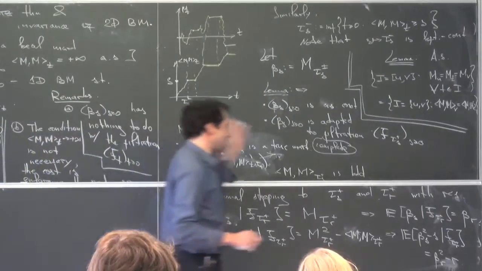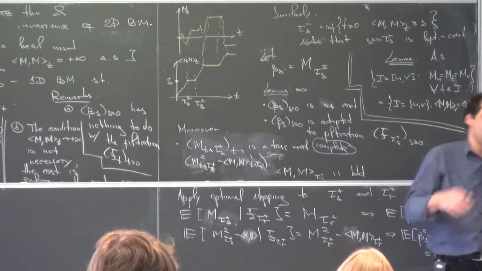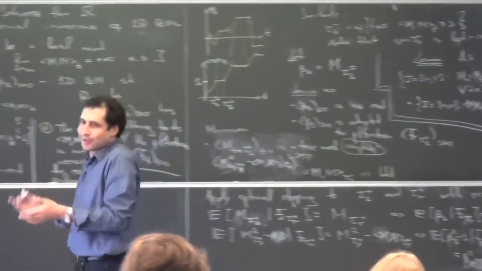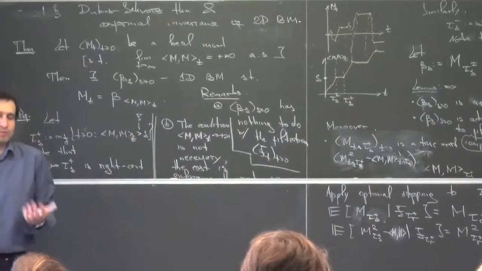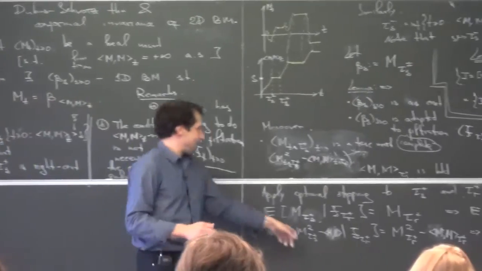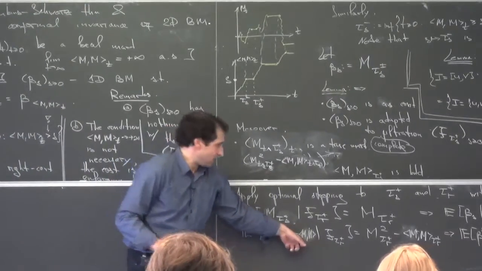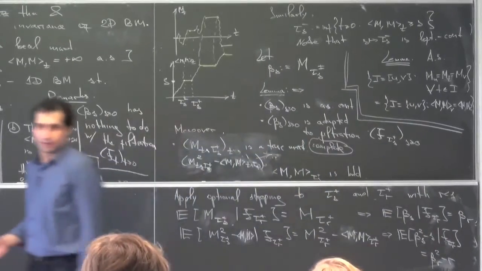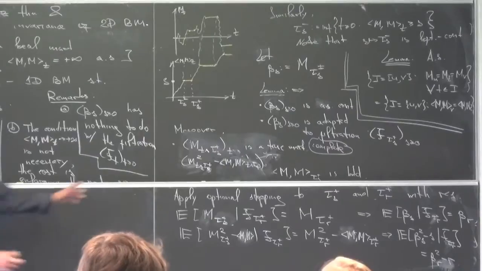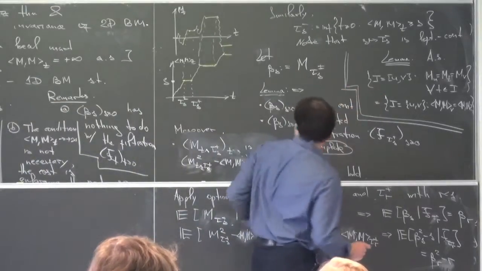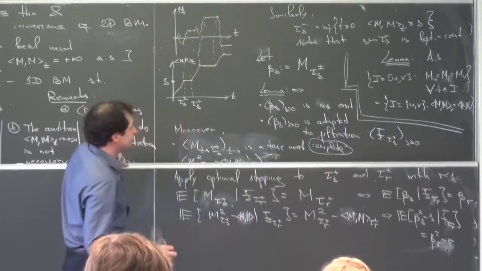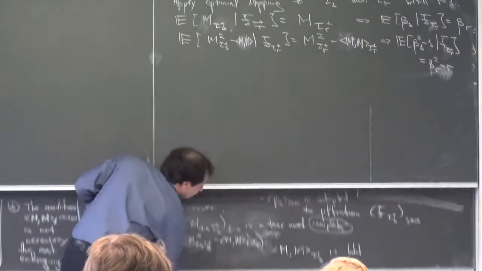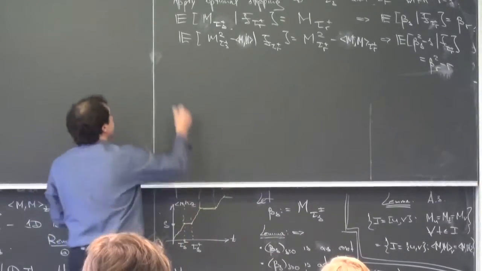Okay, maybe just in words. The message is that, okay, if you have a martingale and you reparameterize it by stopping times, you still have a martingale. This is what optional stopping says. And the same happens with quadratic variations. Okay, the only fact is that now instead of the quadratic variation, you have just s. This is the definition of our stopping times. Okay, so we are done modulo this lemma. And for the lemma, let me swap the boards. The proof of the lemma.